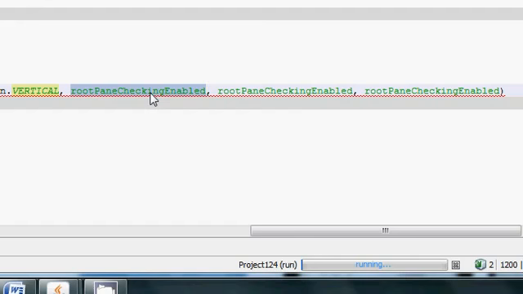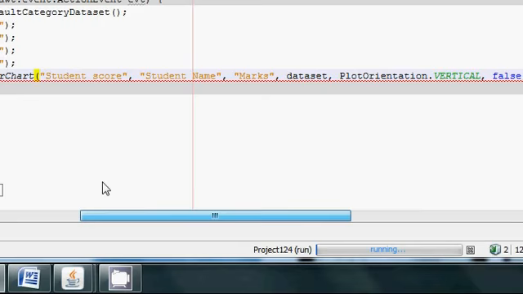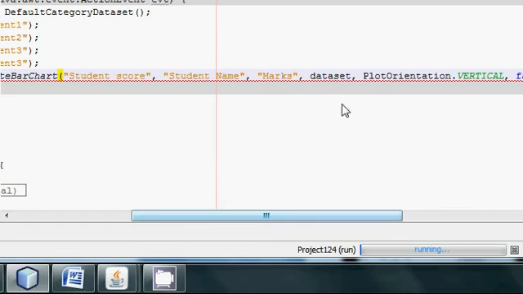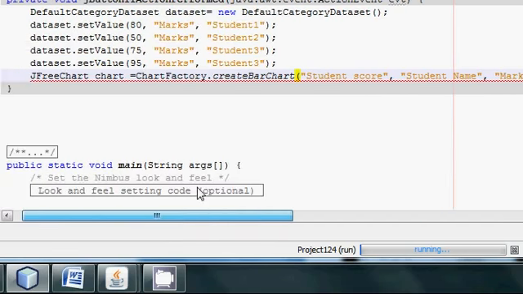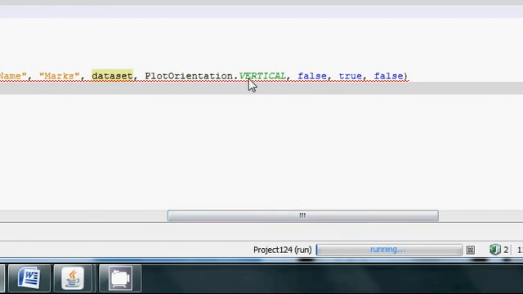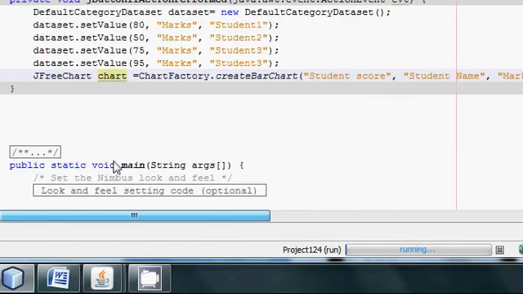And in the last three fields I will write false, true, false. So the title of my bar chart, then x-axis title, y-axis title, my dataset variable, which is this, and then my orientation I'm taking vertical, and then false, true, true, and after that semicolon,